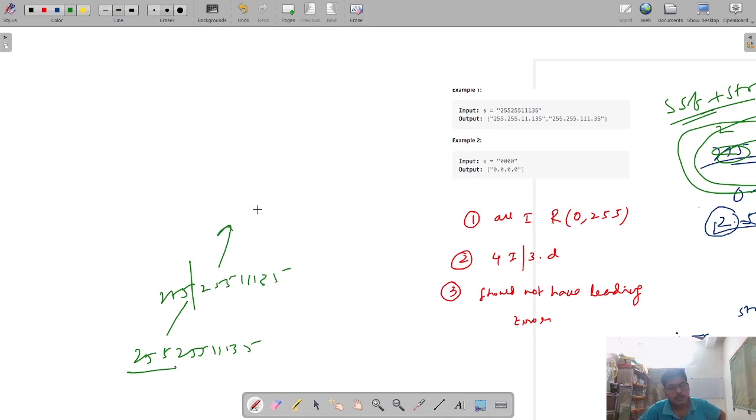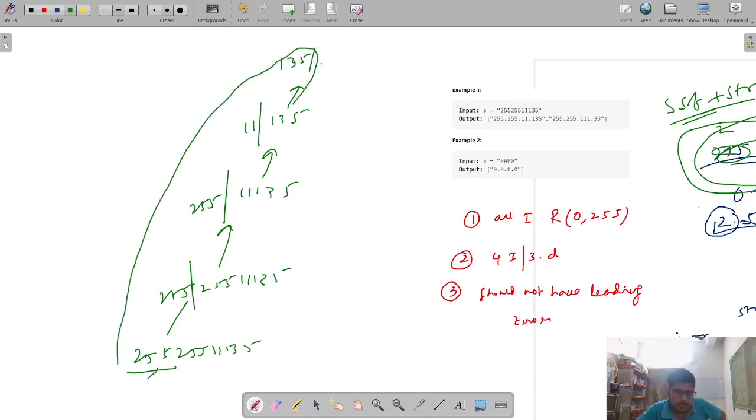Sometime it will call like this: 255, and the next call from 11135 will call 11, and the rest part from 135 will call 135, and the rest part is null. Okay, so